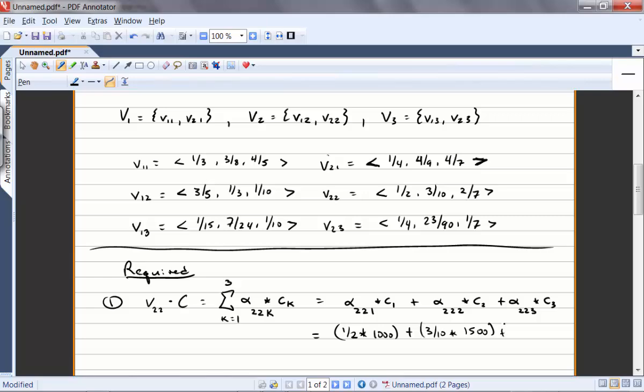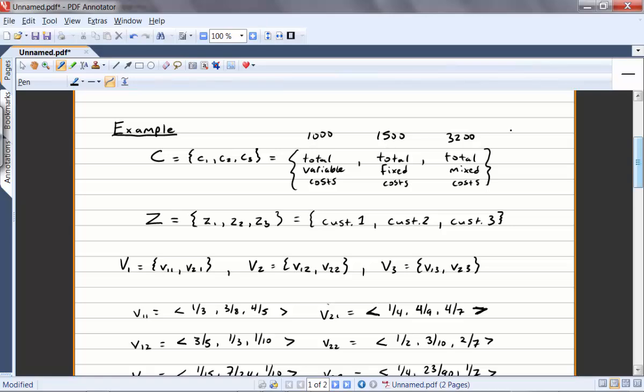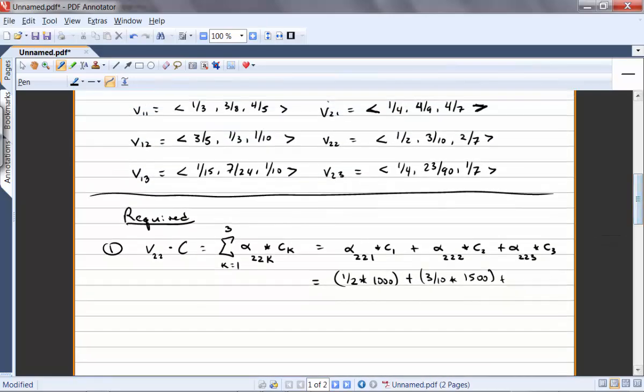If you go look up there again, check this right here, right? And then finally, alpha sub 2, 2, 3, second vector, second cost object, third element. So this is the cost that will be assigned to customer 2 using weight vector 2 right here. We just multiply and add, and in the lecture notes I believe you get